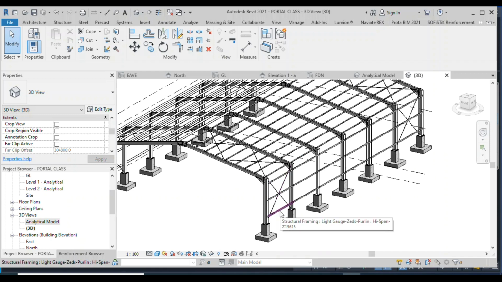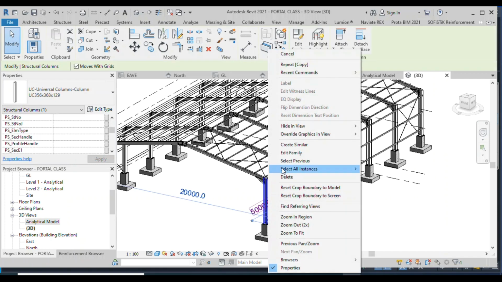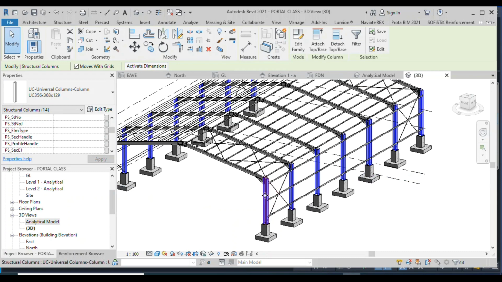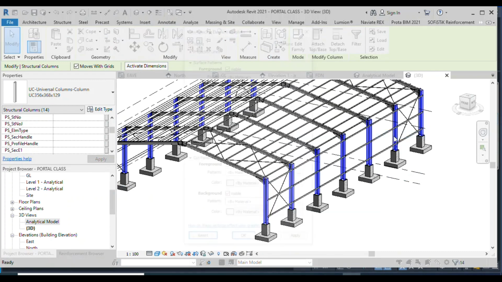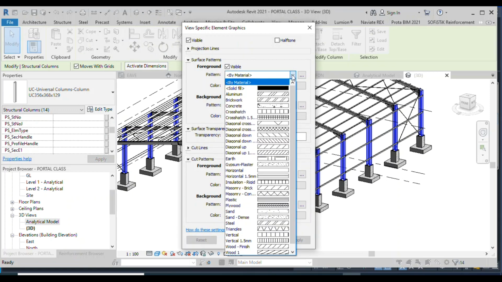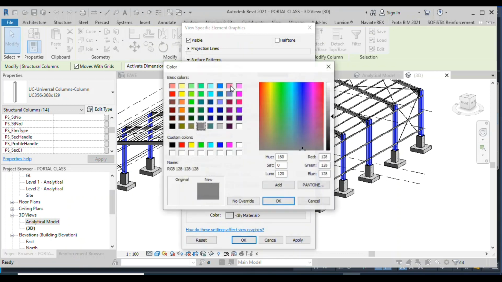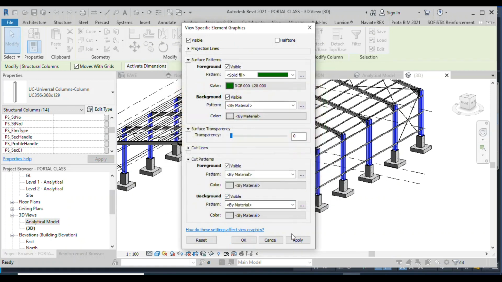So let's try to change color of this. Select the entire project, right click, override view by element. So here let's choose view, come here, choose green, apply, close. Oh no,